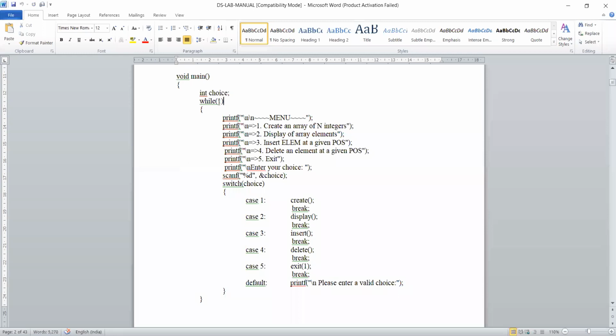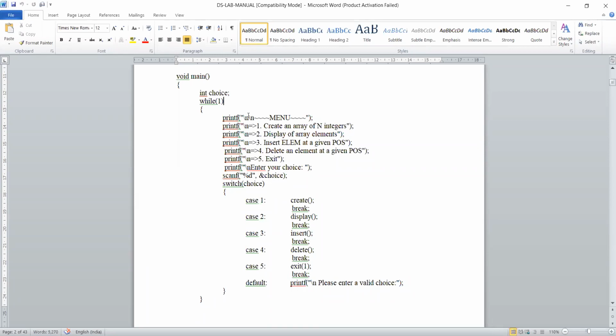While 1 means I am repeating until I want to exit. The menu should go on being displayed until I enter my choice. If it is exit, then only it will come out of this loop. Otherwise, it will go on repeating to display this menu.